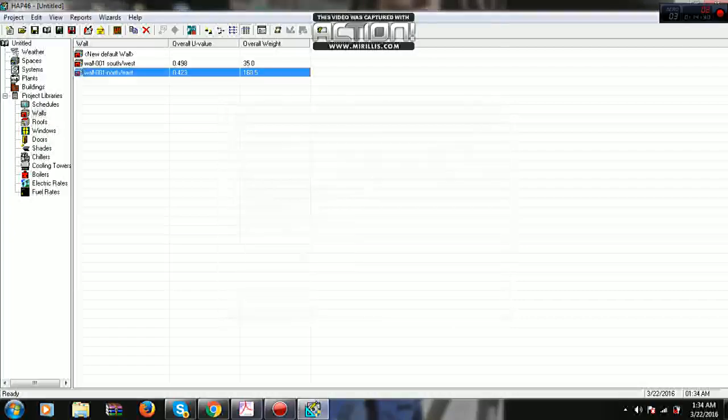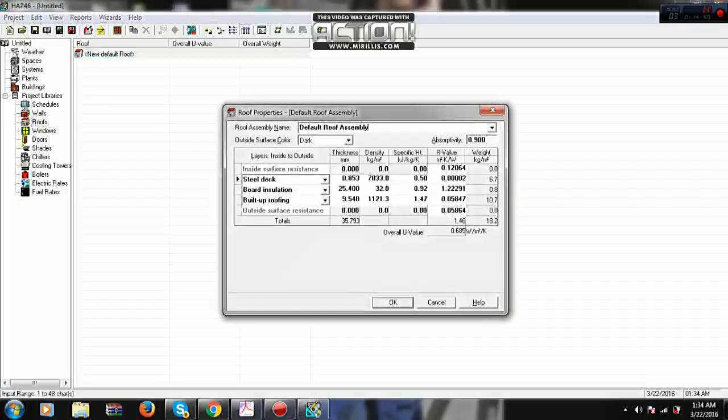Right, you can see two different kinds of U values and two different kinds of walls we have created here. Repeat the same procedure for roof. And for the roof, the local construction standards state 0.527 watts per meter square per Kelvin. So this is 0.685. So I'm not going to change this